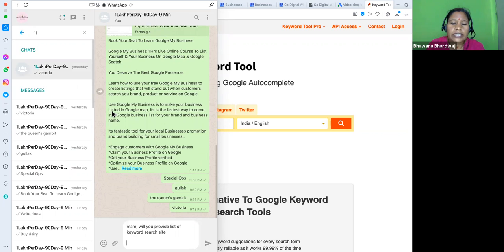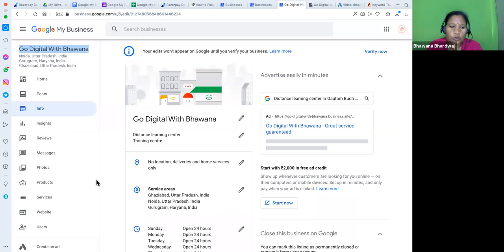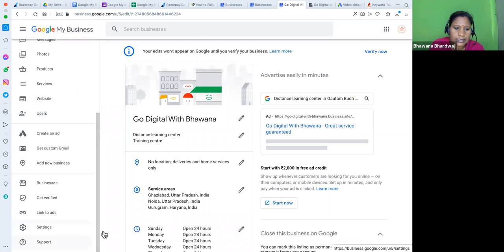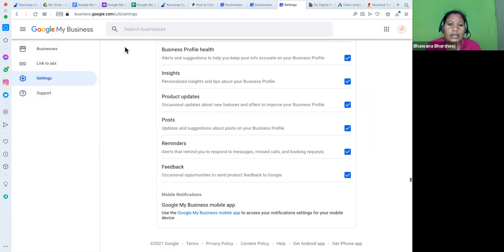Is it searchable with the email? No, it's not searchable with the email. How to remove any old account? Yes, definitely you can remove the old account. You must have that listing, and there is a settings option and a support option. In the settings option you will find the option to remove this listing.